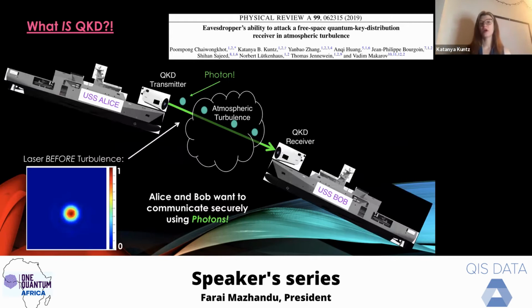So one of the projects that I worked on with Thomas was to look at real-world effects in free space quantum key distribution communication, say between two ships on the ocean, like in this picture, except of course the ocean is not being shown. So imagine there's two ships on the ocean. They want to use a laser to communicate, right? But that laser has to travel through free space. It has to travel through the air. That means it has to travel over the ocean, right? Because it's a horizontal channel.